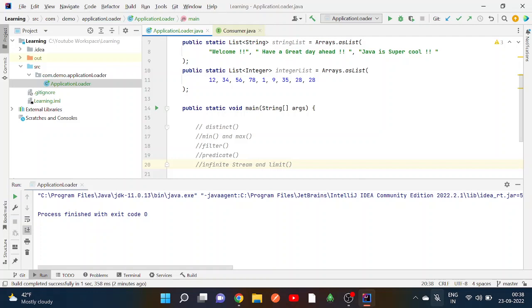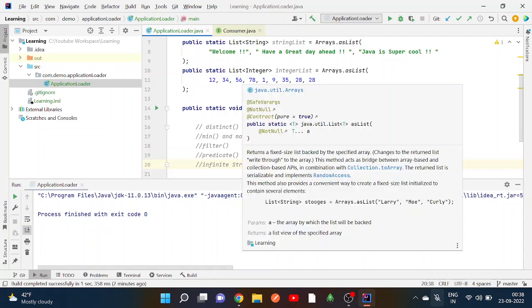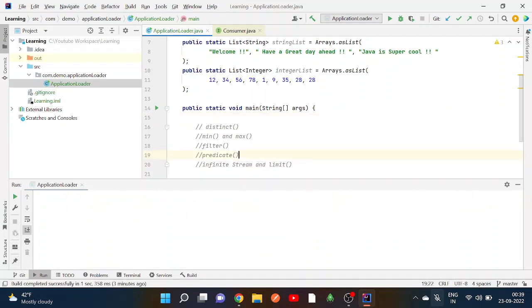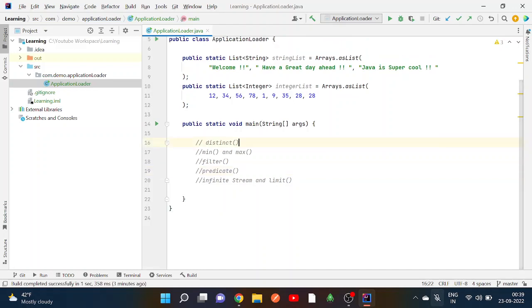two lists. One is a string list, and the other one is the integer list. So let's get started with the distinct method. So basically the distinct method, what it does is